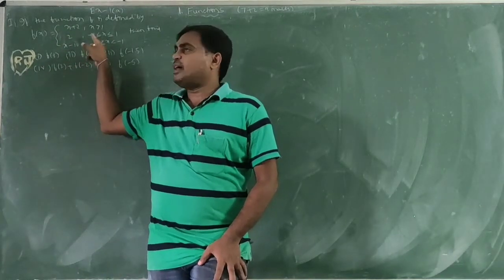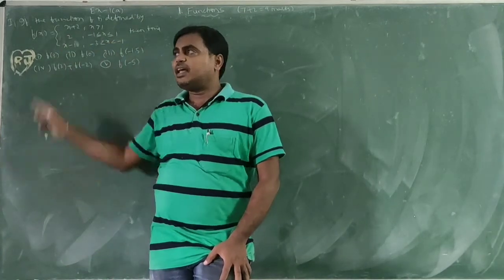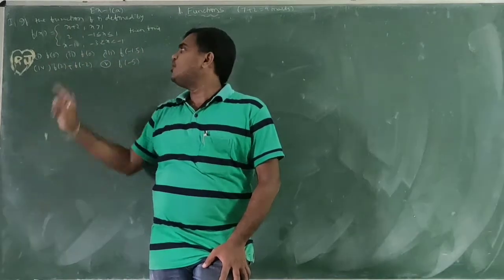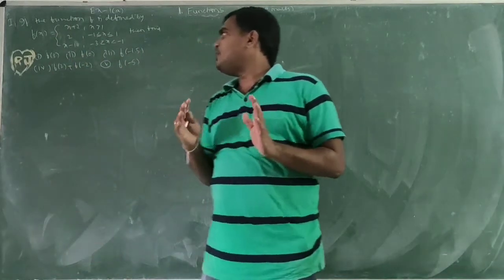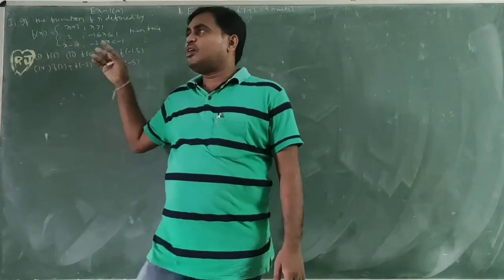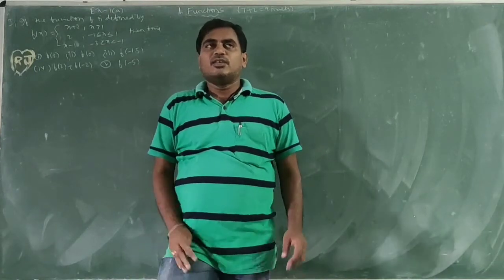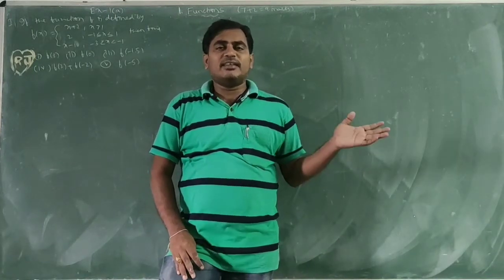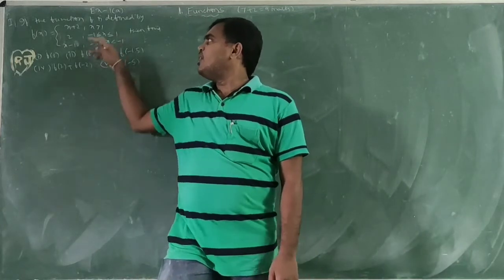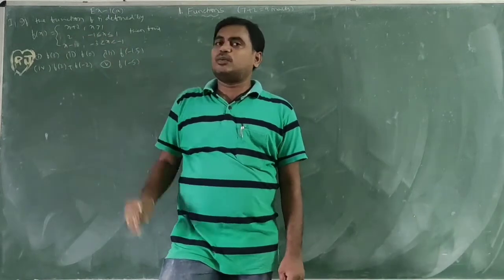Next, if the value lies between minus 1 and plus 1, we must choose directly 2. The function value is equal to 2. If the value lies between minus 3 and minus 1, we must take x minus 1. If it is less than minus 3, there won't be any definition for the function, so the function value does not exist. If it is minus 1 or plus 1, we should choose the definition of 2 only.